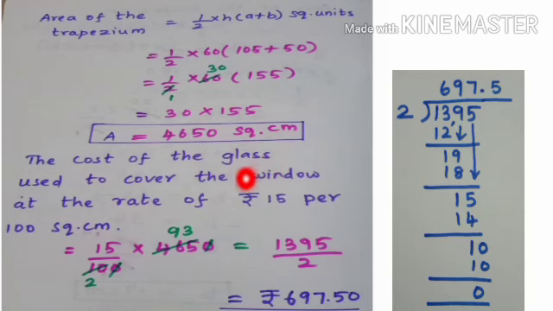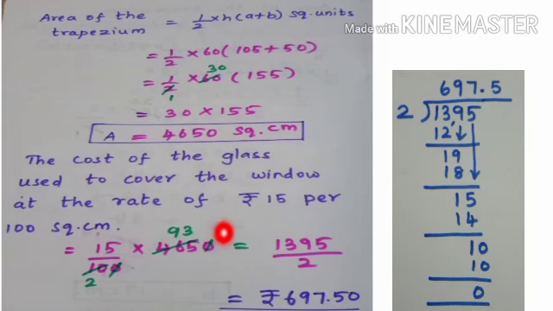Now we have to find the cost of the glass used to cover the window at the rate of rupees 15 per 100 square centimeter. So for 1 square centimeter, it is 15 rupees per 100. Okay, 15 by 100 for 1 square centimeter. So for 4650 square centimeter, what will be the cost? So we have to find. For that, what will we do? We have to multiply 4650 with 15 by 100. So 15 by 100 into